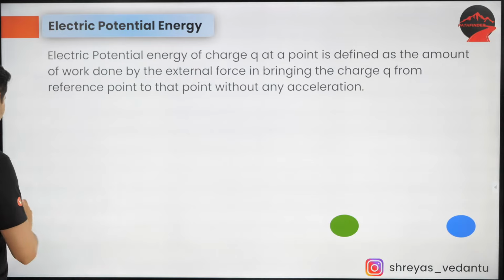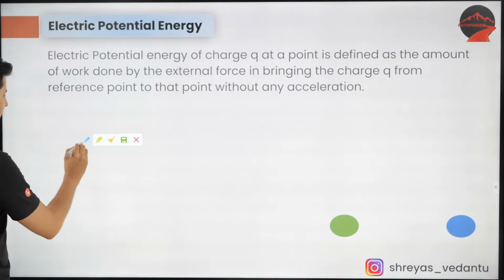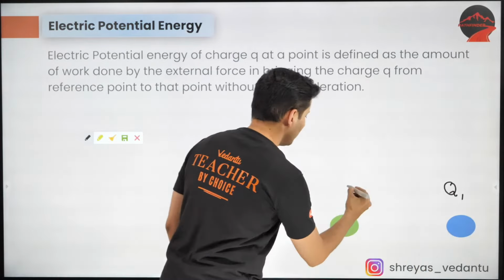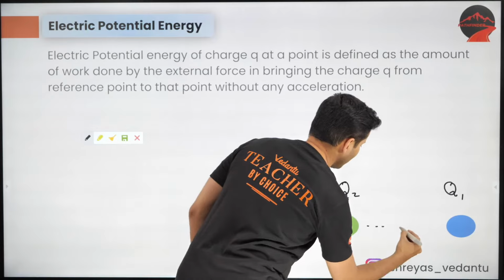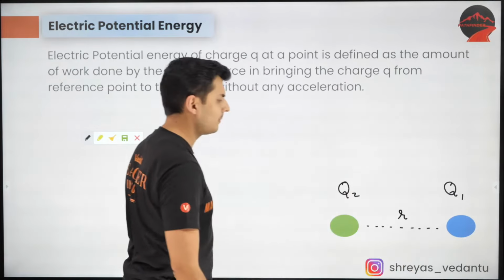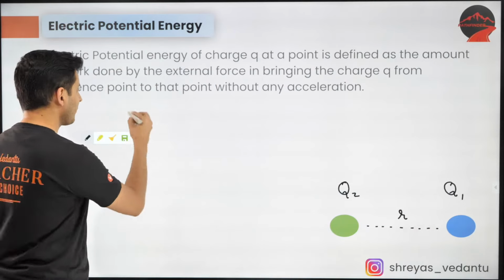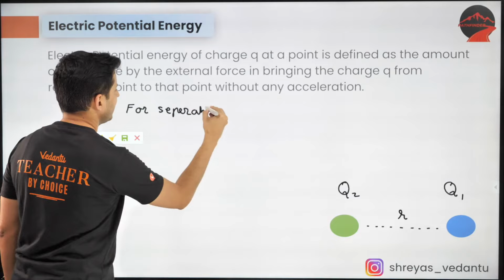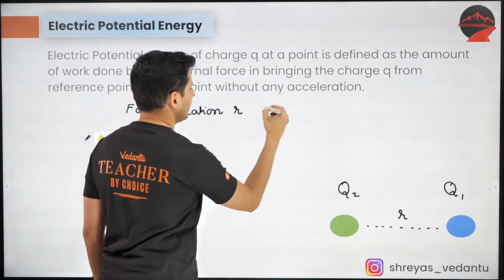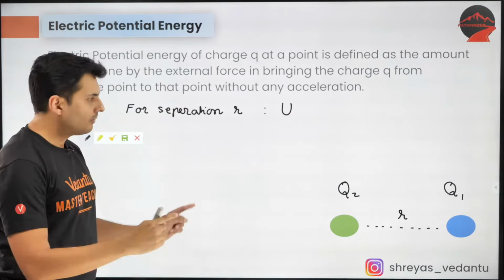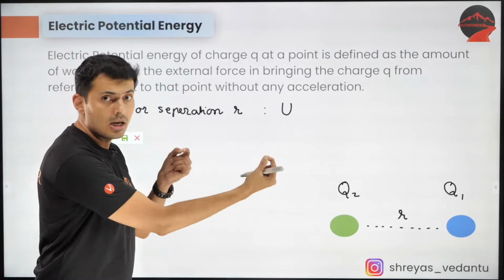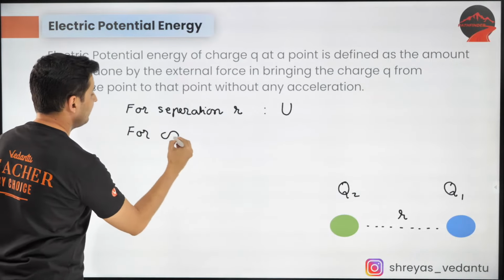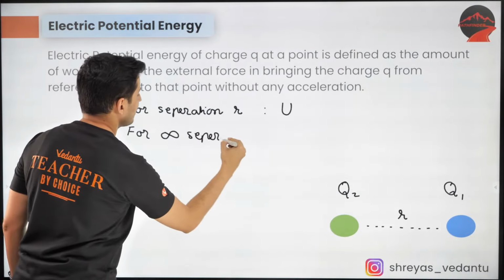Now just imagine, guys. We have this charge Q1 over here and this charge Q2 over here, and there is some separation R between them. So for separation R, the potential energy is U. When the separation between the two charges is R, the potential energy is U. Now for infinite separation,